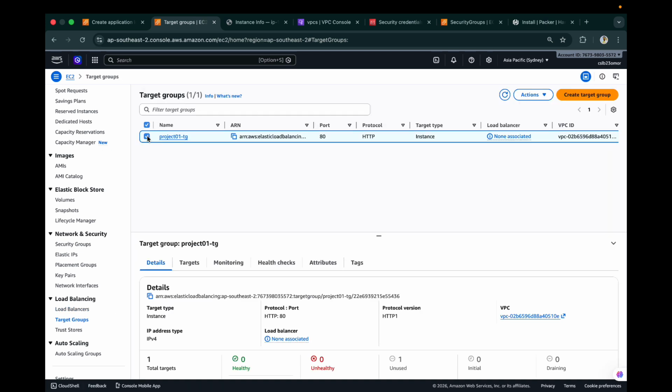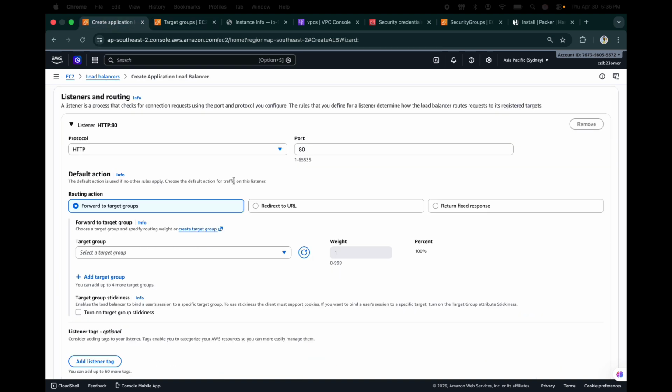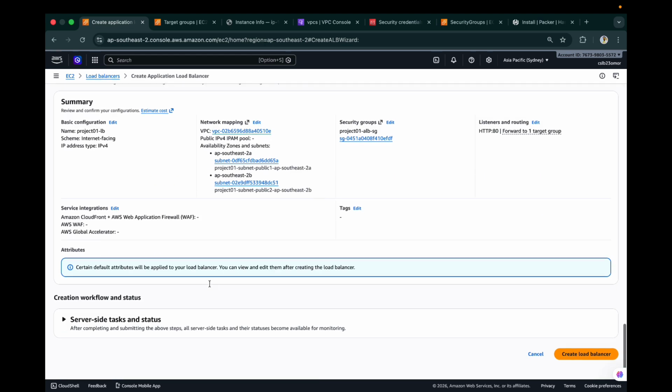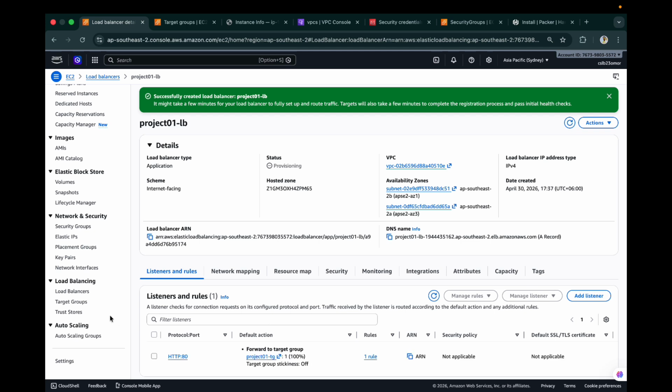Now go back to the Load Balancer tab. Refresh the target group section. Now select Project 01-TG. Keep the rest as default. Now click Create Load Balancer. AWS will now start provisioning the load balancer. This may take a little bit of time. Once the status becomes active,